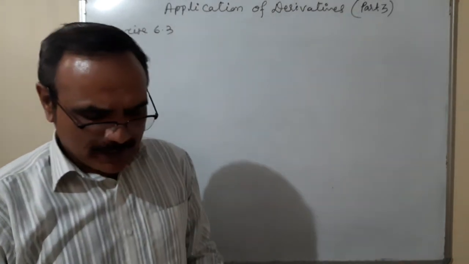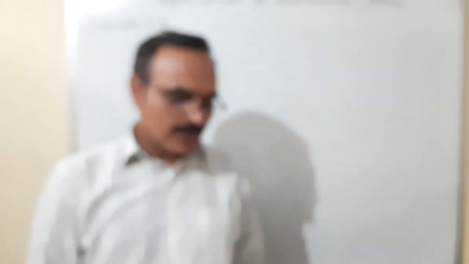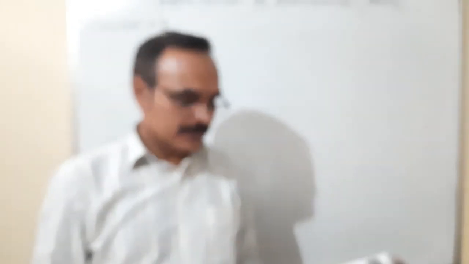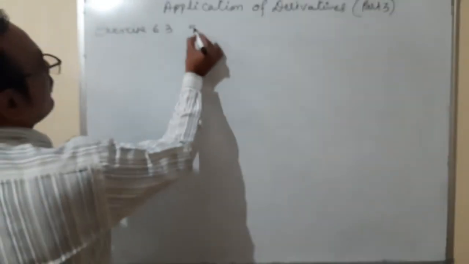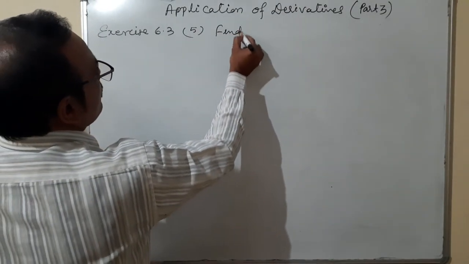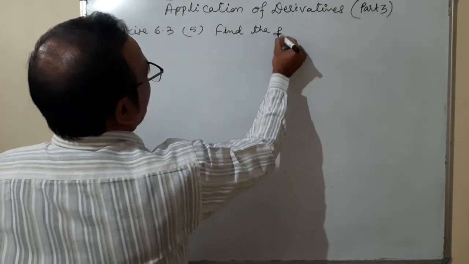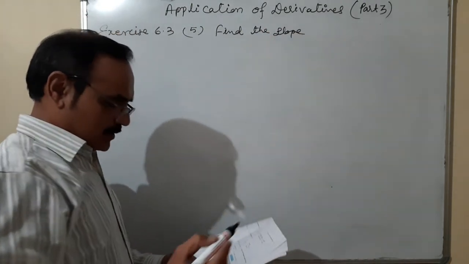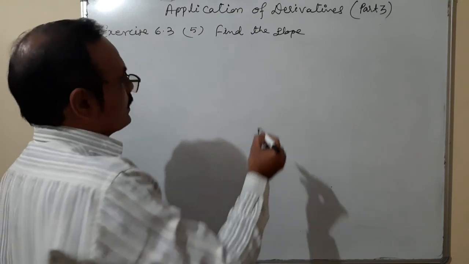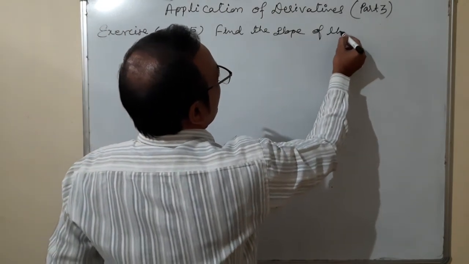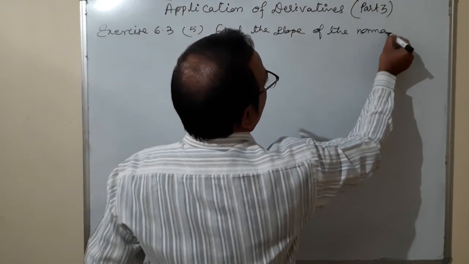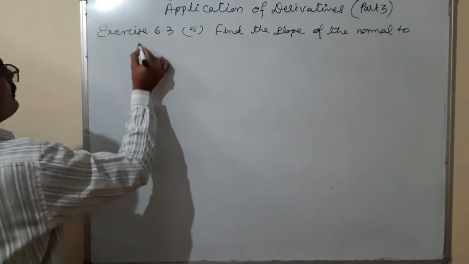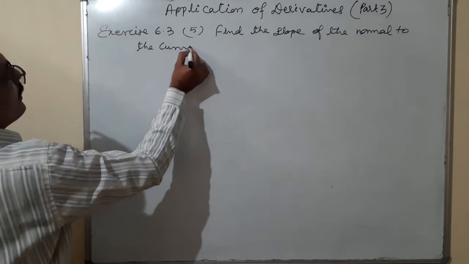After question number 1, there are many questions of the same type. I want to take question number 5. Find the slope of the normal to the curve, and the curve is